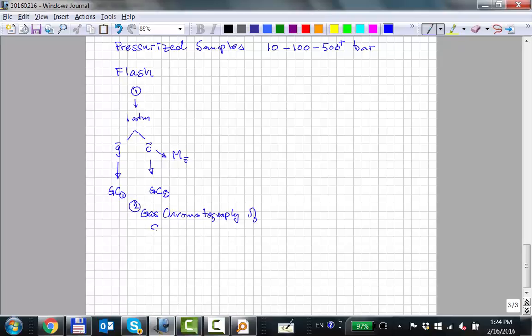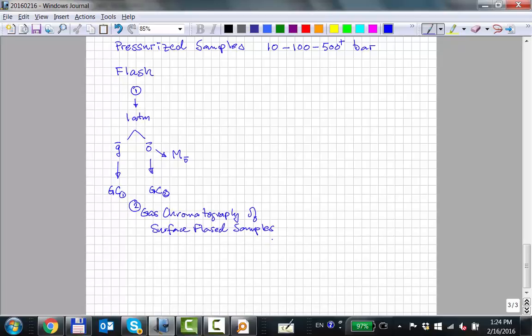Of surface flashed samples. Okay, that's step 2. So flash, GC, and then in order to find out what we started with,